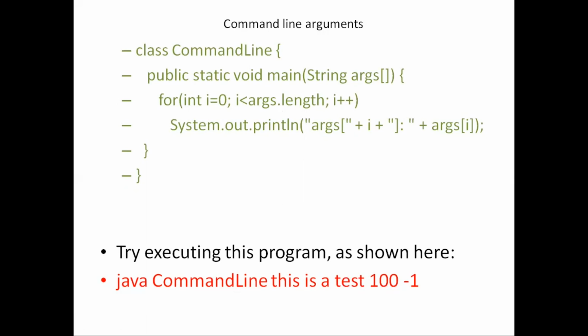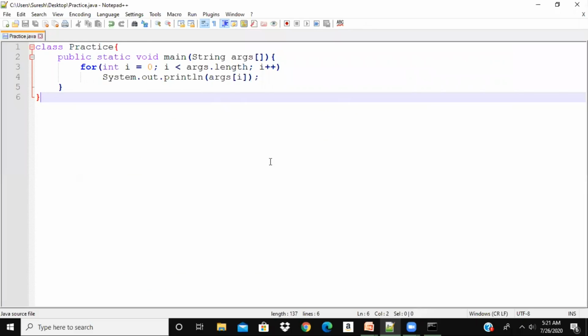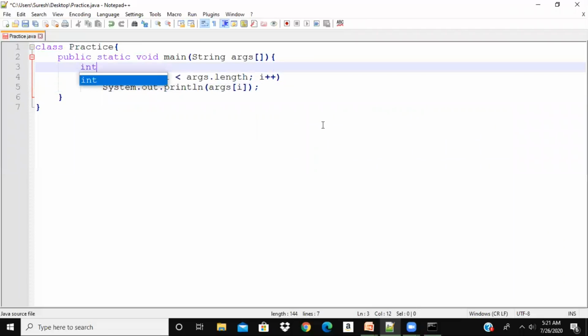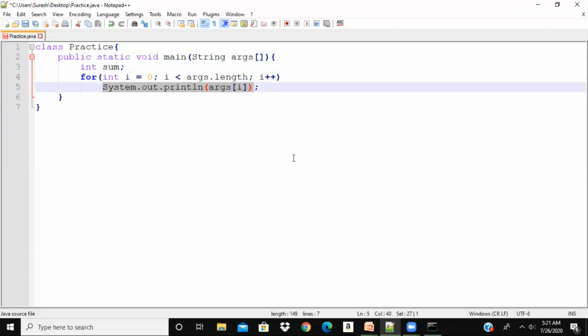Let us go to the program once more. If I am passing numbers and I want to add them, is it possible? Let me try this. Let me create a variable int sum. Sum is equal to sum plus. If I am passing the arguments, they are strings.